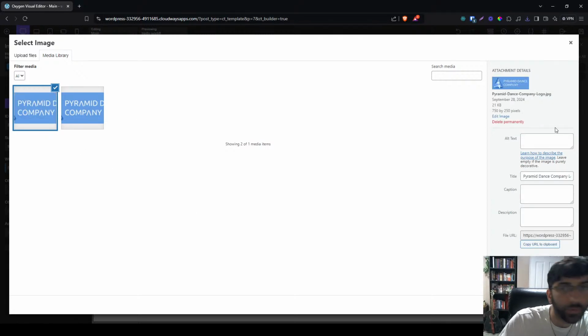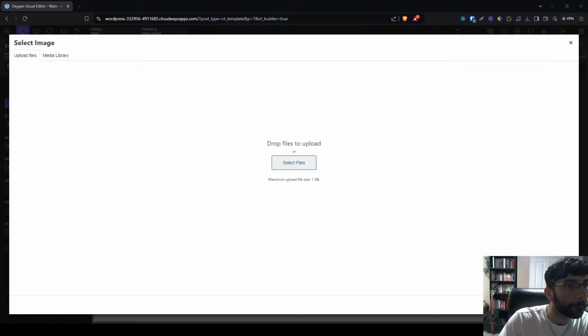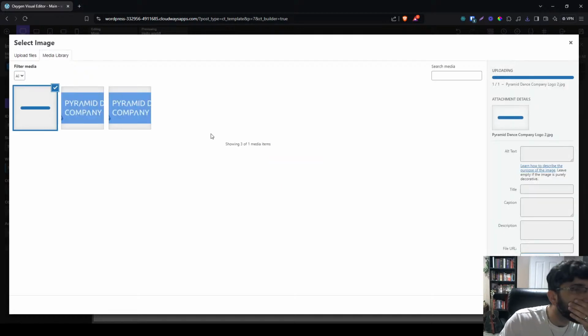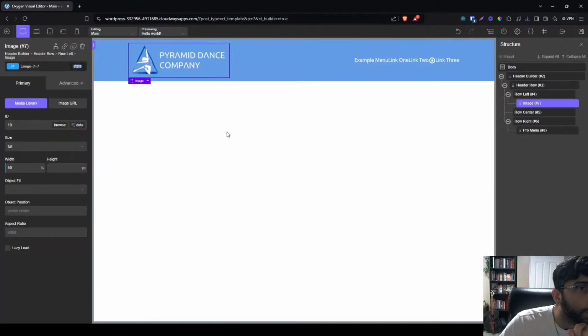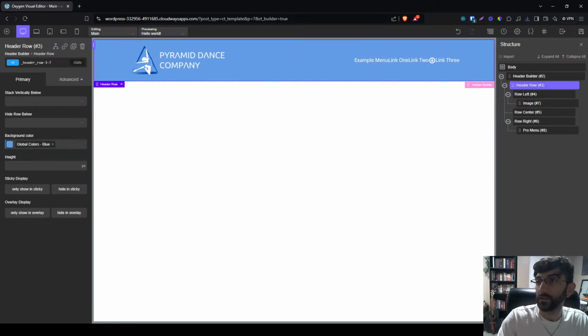Is this the right one? No, it's pulling in from the old one. Okay. It looks different when I import it. Okay, I think that's good. You could always change it. All right, so back to